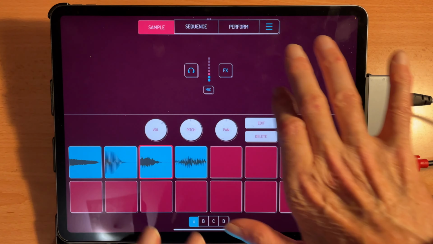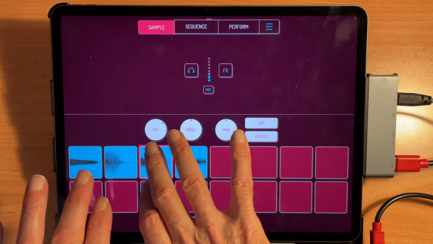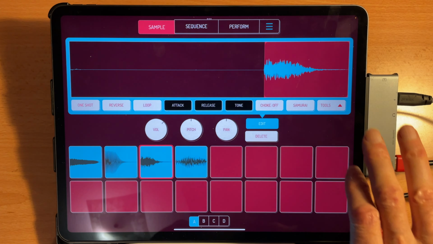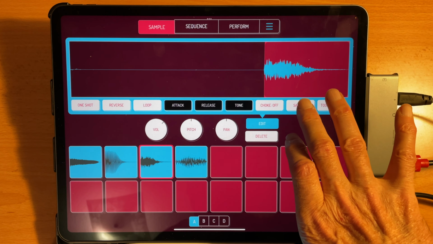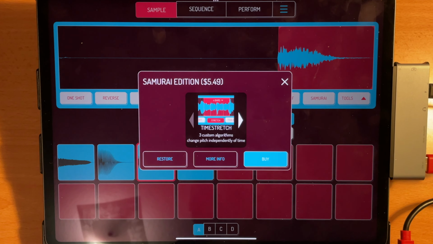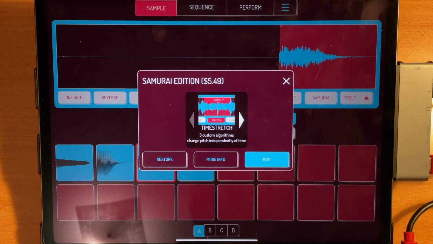Just one more thing to consider. When you're in this sample mode and you want to do more sophisticated edits with your samples, there is something called Samurai. Its additional cost is $5.49. I think that's Canadian priced. And what you're getting with that